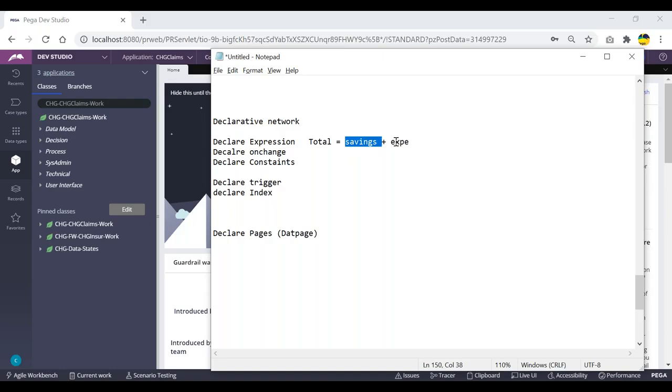Okay, so you understood about this declare expression, right? Suppose I have 10 to 15 values. This example will be mostly used in online shopping. In online shopping, at the last screen we'll have something like a cart screen, right? So in the shopping cart we'll have something like product